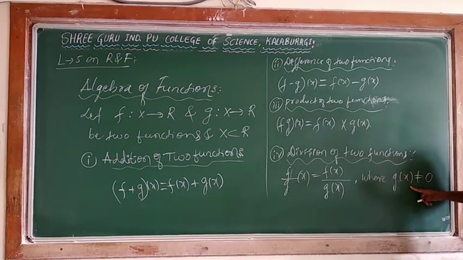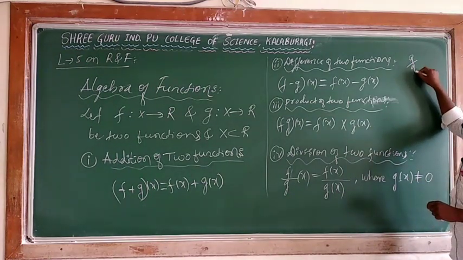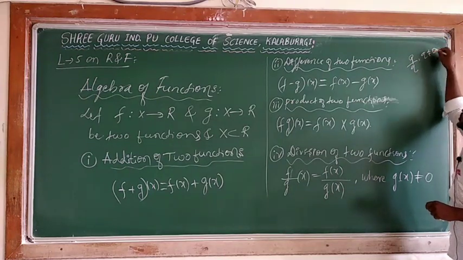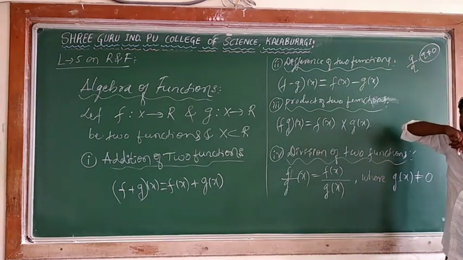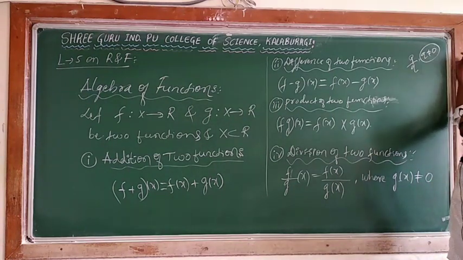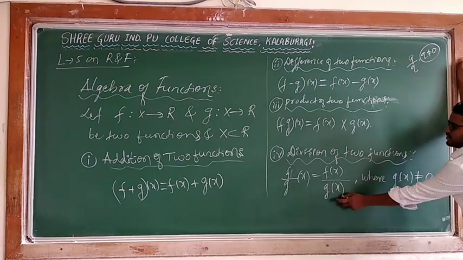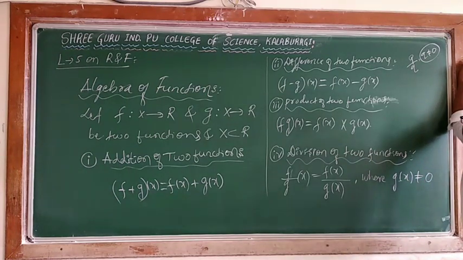I think in the case of rational numbers, while defining a rational number, you say a number of the form p by q where q is not equal to 0. Why do you say q is not equal to 0? Because if it is 0, it is not possible to define it. For that reason, whenever division comes, g of x is not equal to 0.